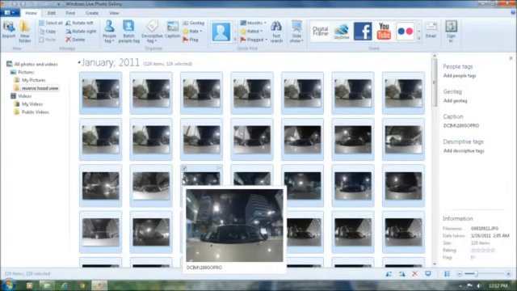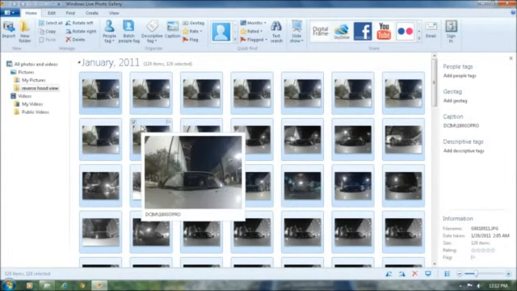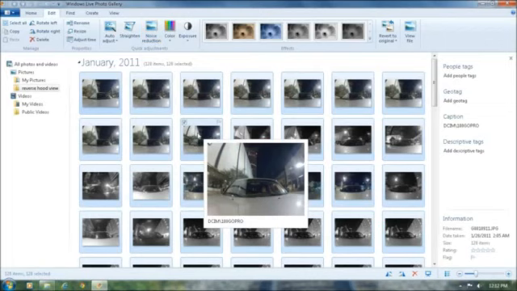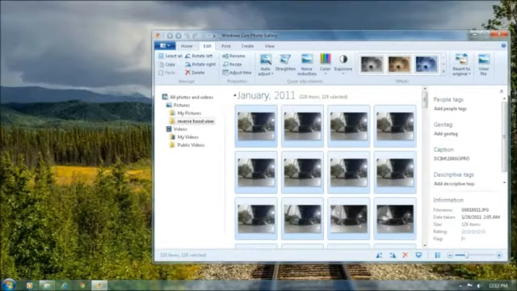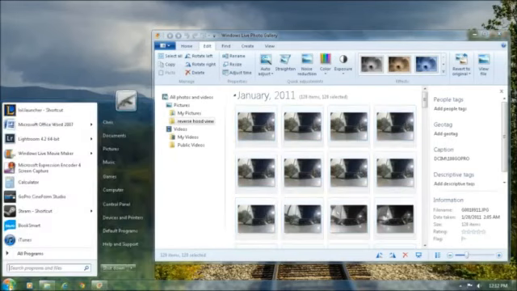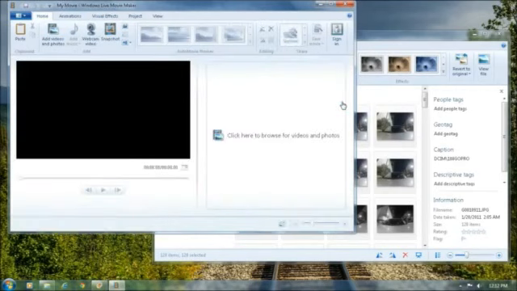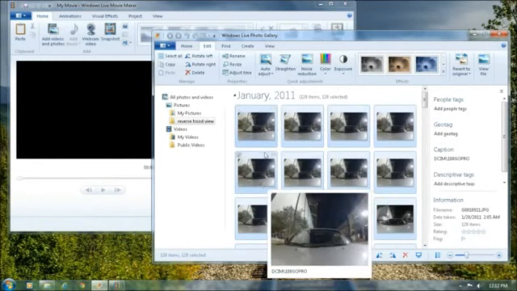Okay, so that took a little bit longer than I expected, but all 128 photos have noise reduction applied to it. And now we're ready to put these into a time-lapse mode. Now, I'm going to reduce the screen and open up Windows Live Movie Maker. There we go. I'm going to go back to the photo gallery, and since these are all still selected, I'm